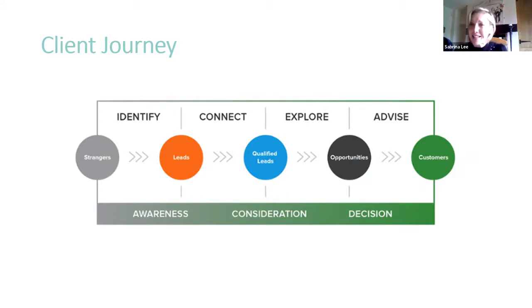You might also be at this stage repelling people, but that's totally fine. Not everyone can like you. And it's okay if there are people that you're repelling and people are like, oh, I'm not sure, I'm not on her wavelength. So that's the consideration stage. You start talking about how you can actually help to alleviate those problems.